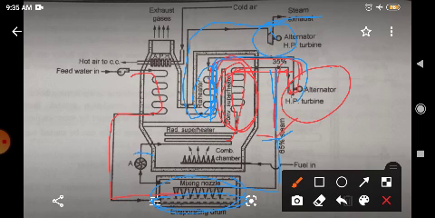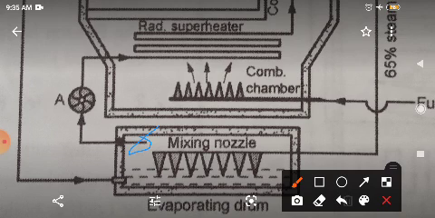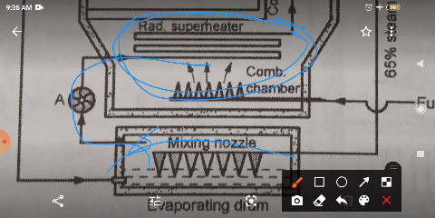You have shown an air compressor. Here you can see this tip is not dipped into the water. Okay, let me show you. This tip of this compressor is not dipped into the water. That means it is collecting steam and feeding it to the combustion chamber. That means there is no problem. Water will carry any salt or whatever, which will totally get dumped over here in this evaporating drum. Okay, that means only pure steam is getting to the reheater, combustion chamber.